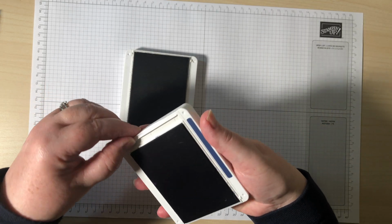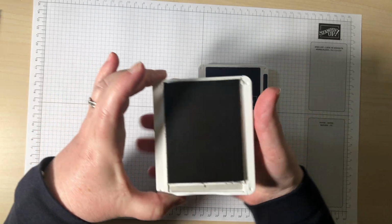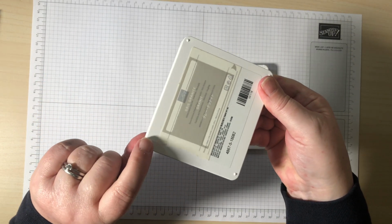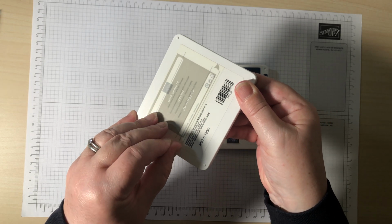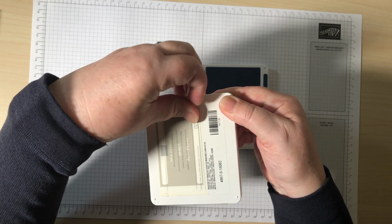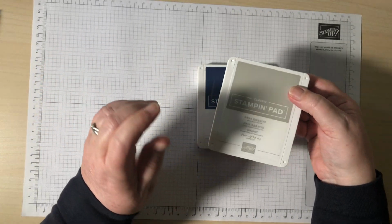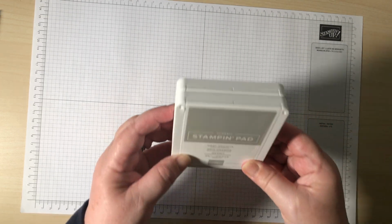If you are stacking your ink pads in a pile, mine are on shelves, so I don't need to do that. So you can see they've got the little holes on one side here and the little bumps on the other side. They stack better if you take the whole of this sticker off. So there's a peely bit there, so you just take the whole thing off, but I tend to leave mine on. I don't know why. Hey ho, but mine are on shelves, so it doesn't matter for me. Okay, so there's your supplies,